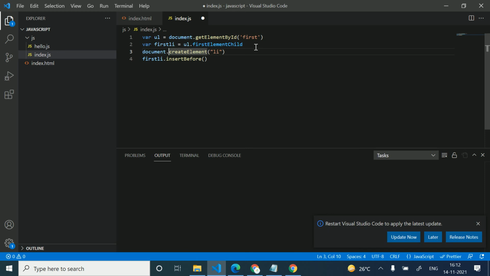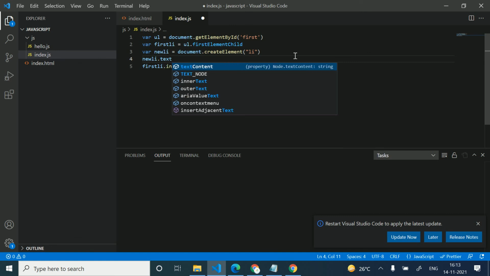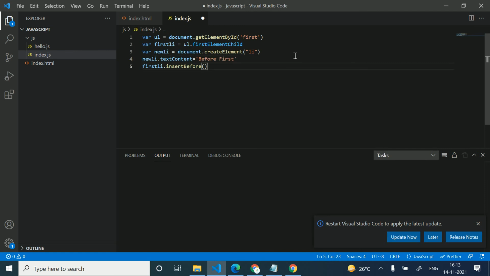In the previous lecture I showed you how we can add text to it. We also discussed the property textContent. So I'm adding some text, before first. Now I will pass this new li in the first li.